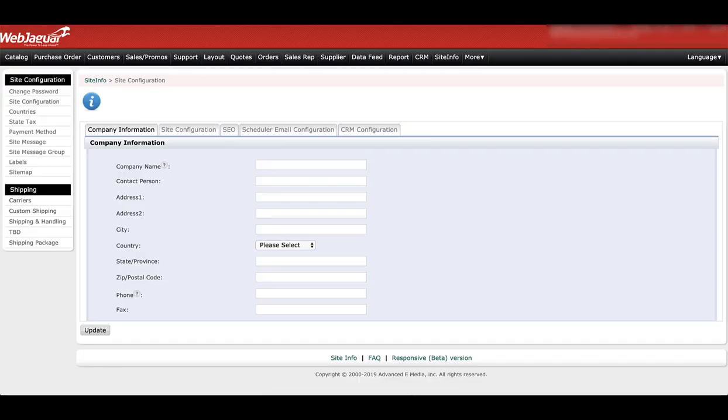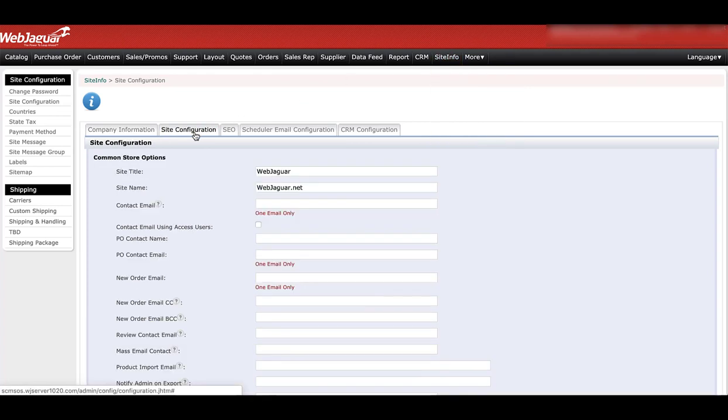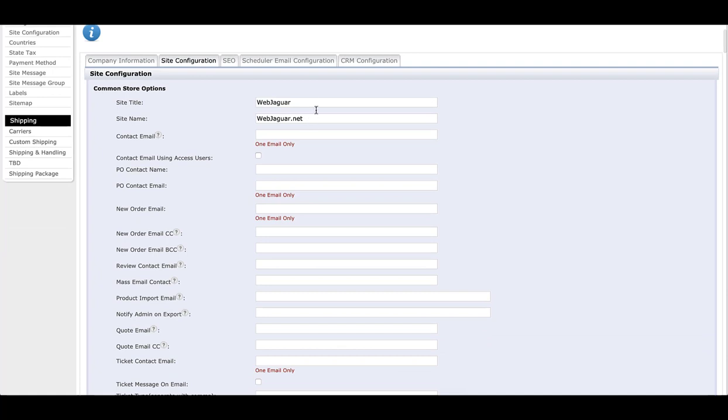So I'll log into the admin. We're going to click on Site Info, and the Site Configuration tab is the second tab. So what you're going to want to do is go in, change the site title to whatever your company name is, my company. Site name,